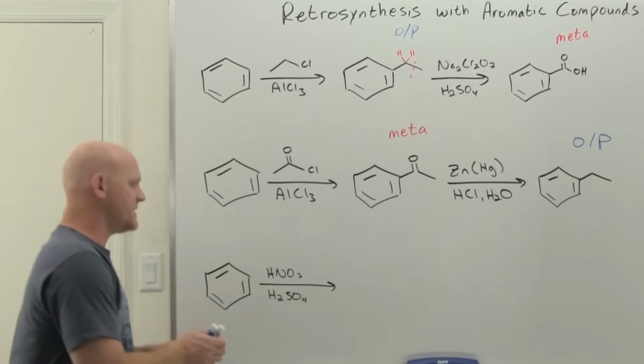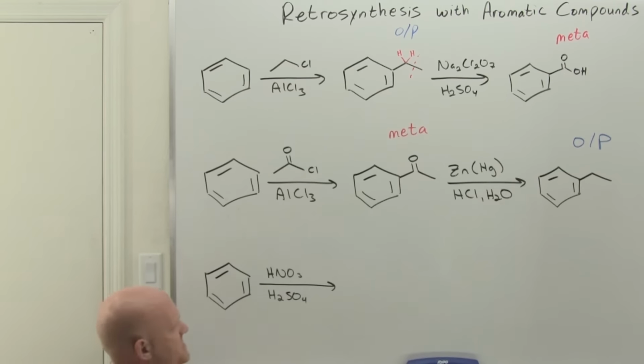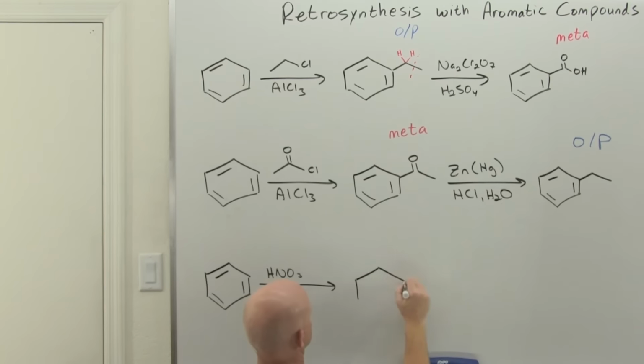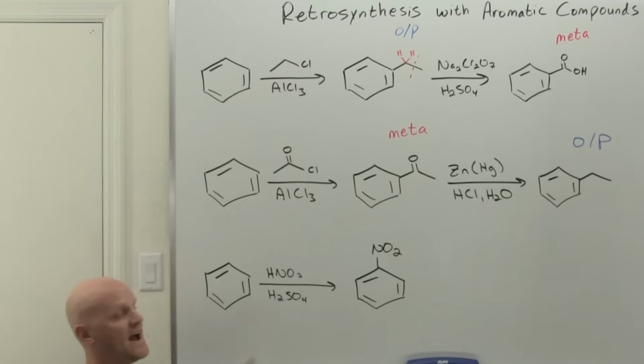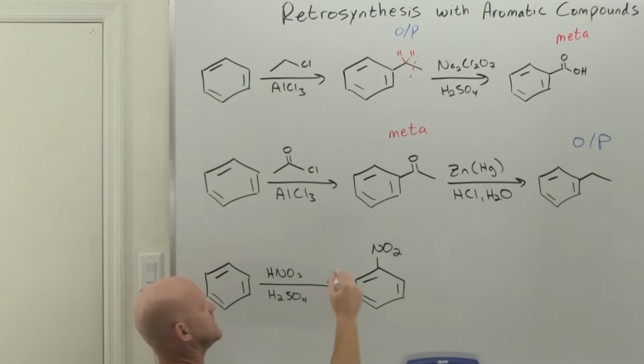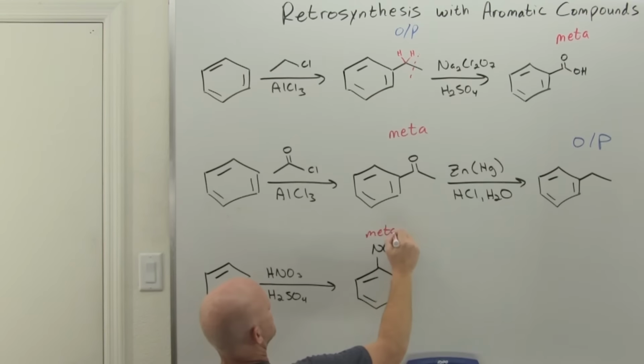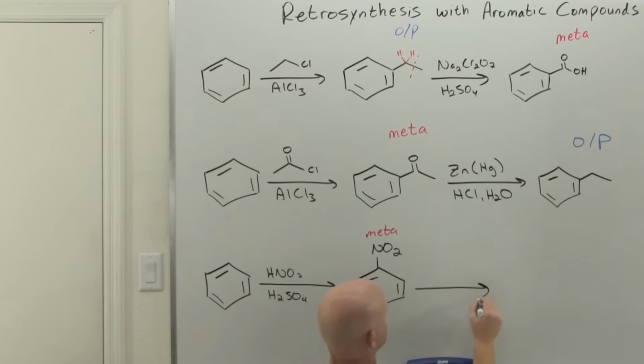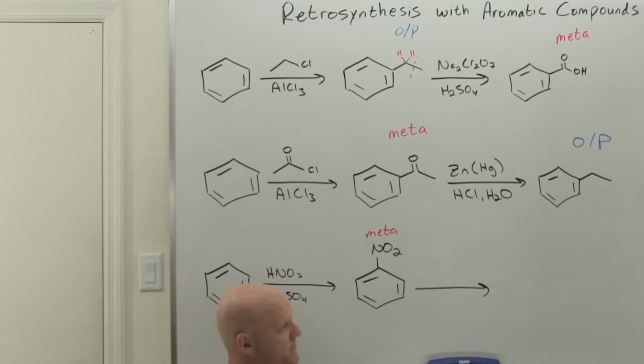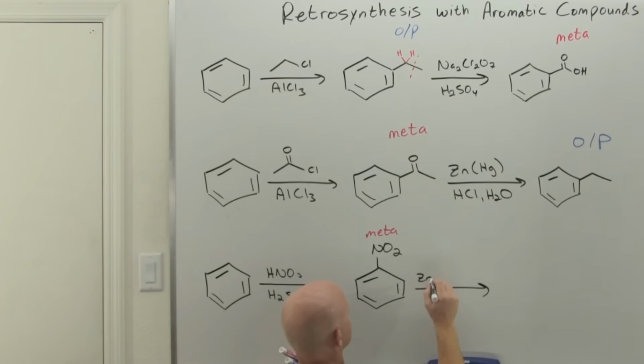All right, one more here, and this one we're going to start off with nitration. In this case, we're going to add that nitro group, and that nitro group, being a strong electron withdrawing group, is a meta director. However, we learned how to reduce that nitro group, and we could do catalytic hydrogenation to pull it off, the general reduction, or we could do the specific reduction and use zinc, tin, or iron, along with hydrochloric acid,